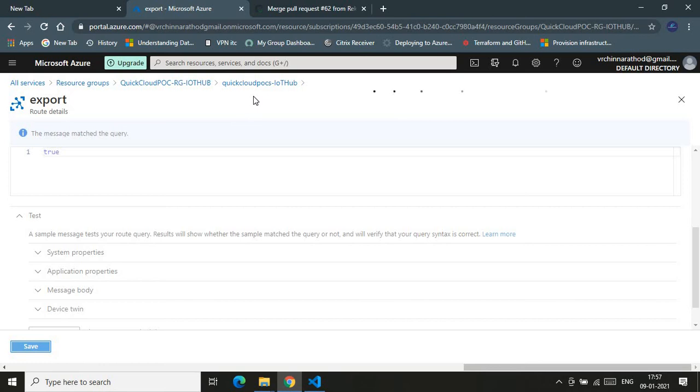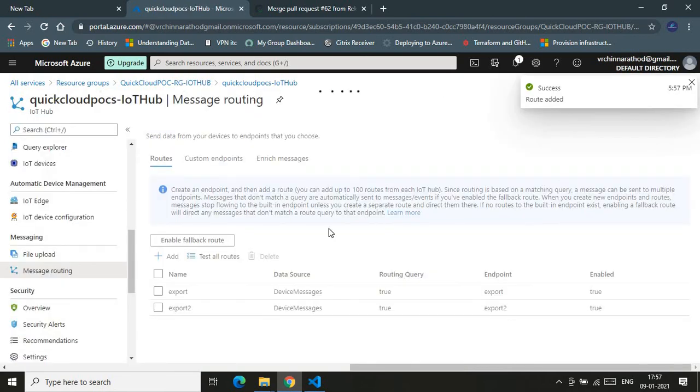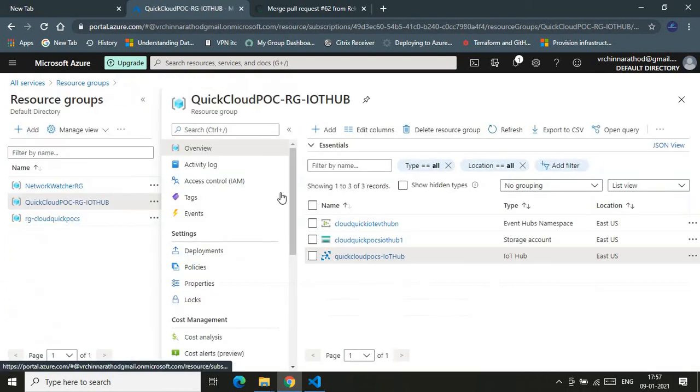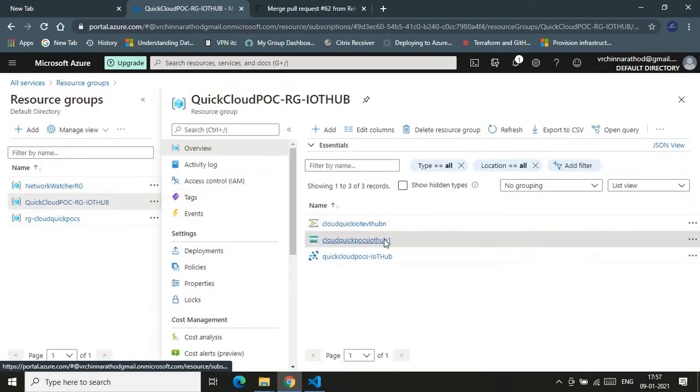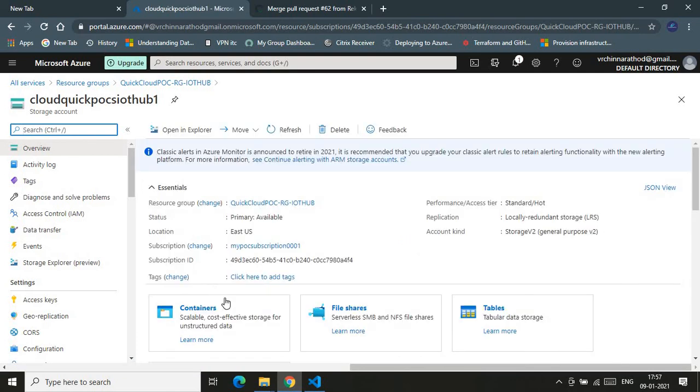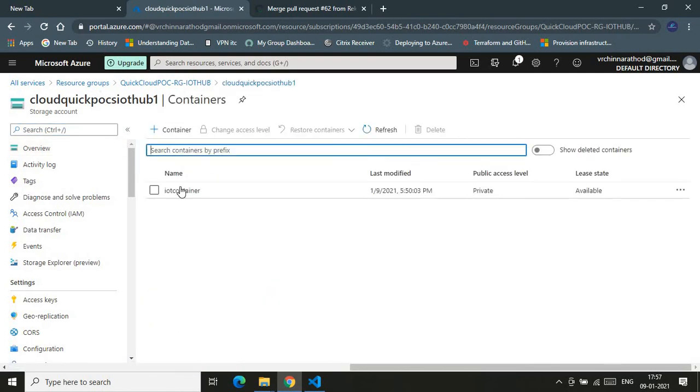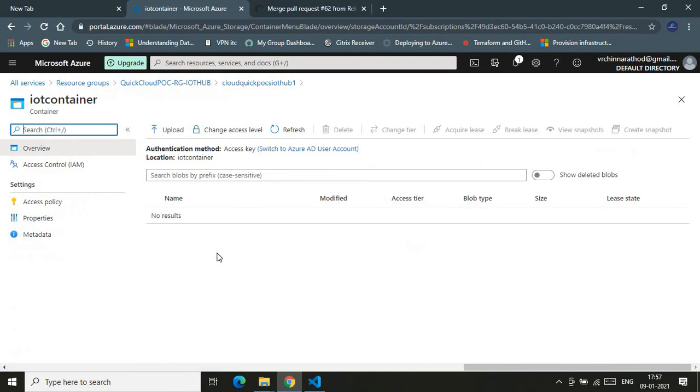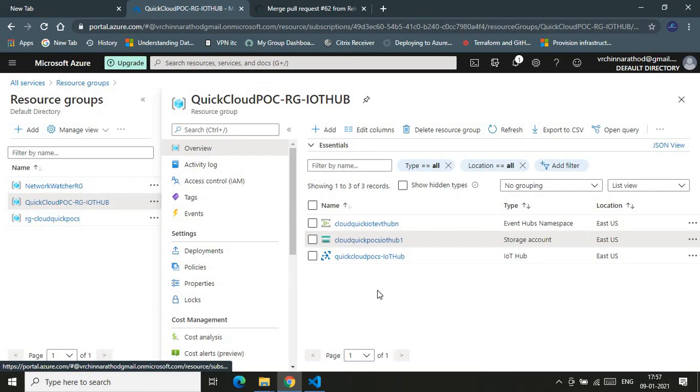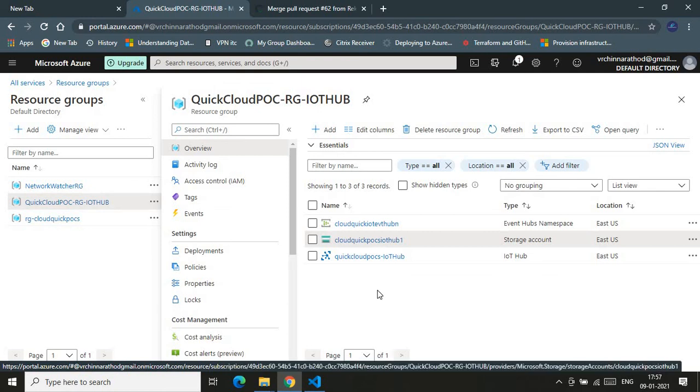Okay, so what I meant to show is the IoT level configurations, whether the configurations have successfully passed or not. And as you see here, it has successfully passed. Okay, and let me quickly take a last look to see if any messages are being populated under this container. Okay, that marks the complete demo. So we should wait for some time so that the IoT messages will be populated here. Okay, but till here our demo is completed.